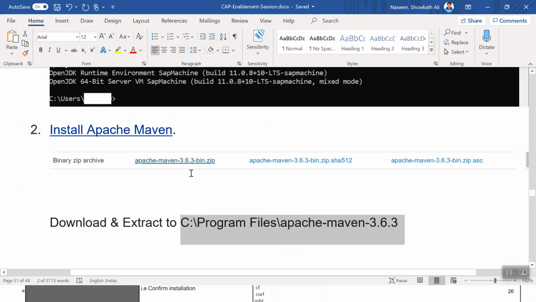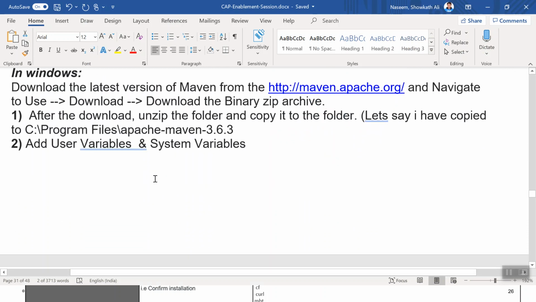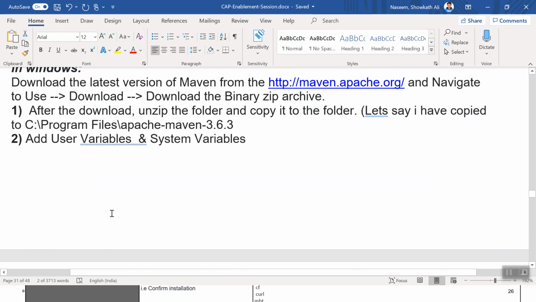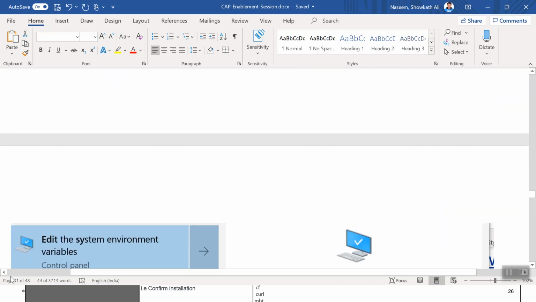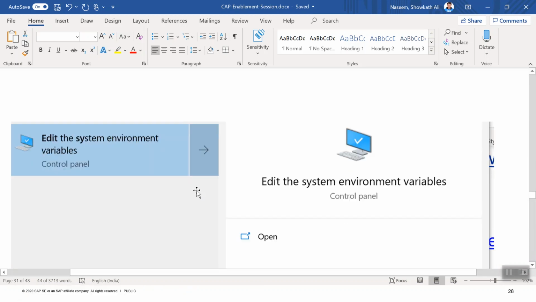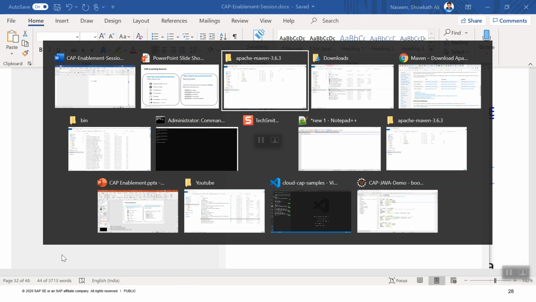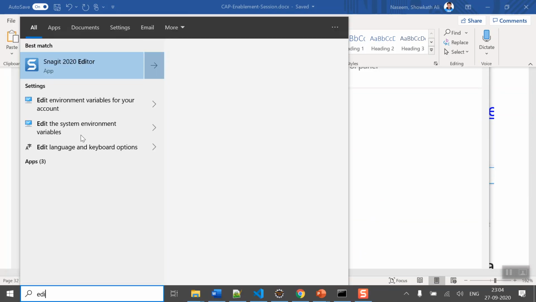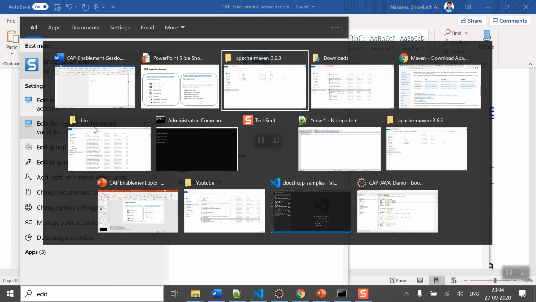Now the next step is how you set up the Java path. Similarly, you have to set up the Maven path. The second step, once you have downloaded and extracted, is from the system search button, just search for edit system environment variables. You select edit system environment variables. Once you have selected it,